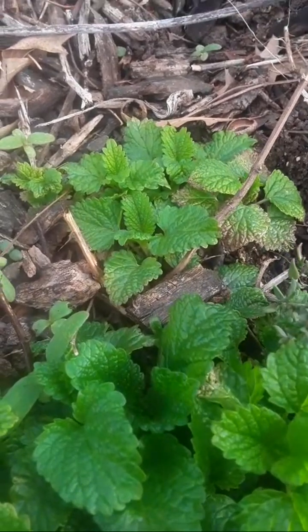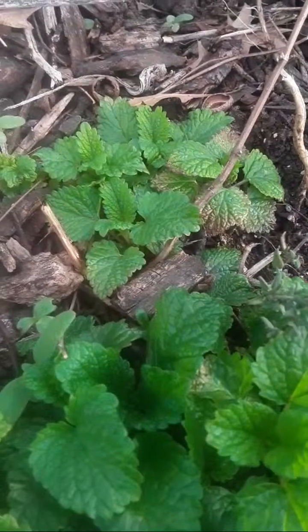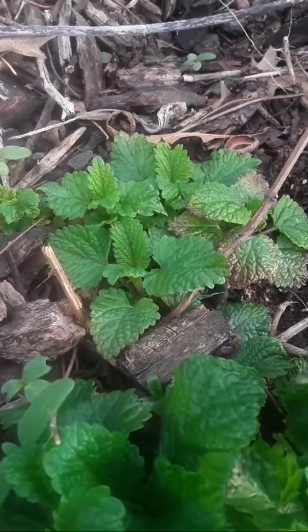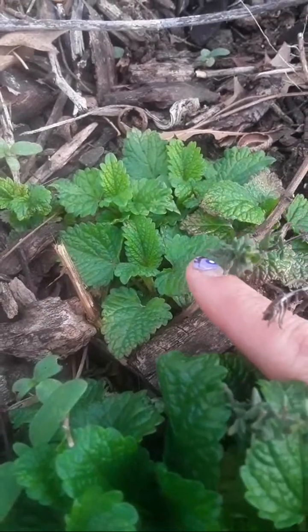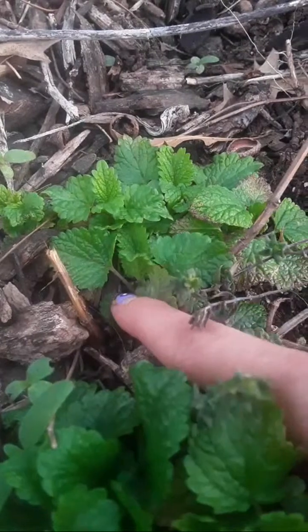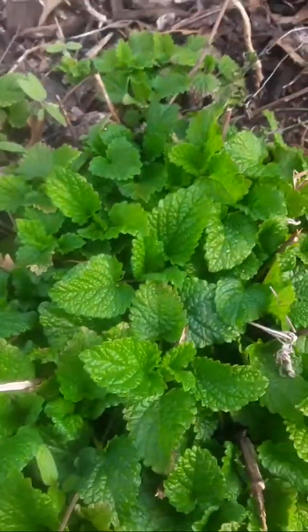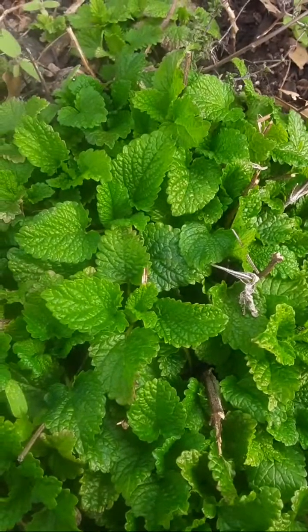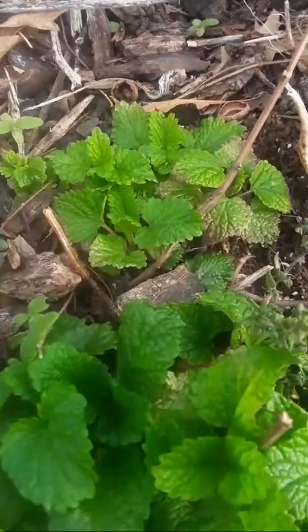See right there? You can take that out of the ground, this here, you can take out and transplant this area. I'm trying to show you on herbs. You can't transplant the whole thing here because you might be damaging your mother plant. But see on the side,